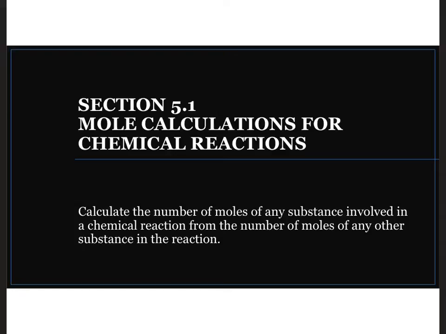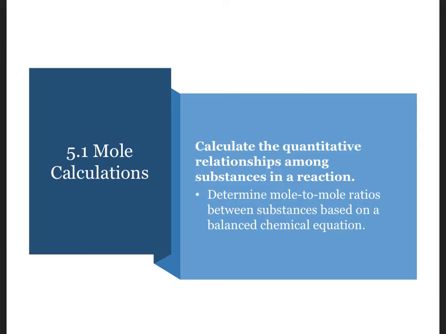In Section 5.1, we'll examine the relationship between moles of reactants and moles of product in a balanced chemical reaction. We'll use those relationships to calculate the moles of one substance in a reaction given moles of another substance. We can do this because